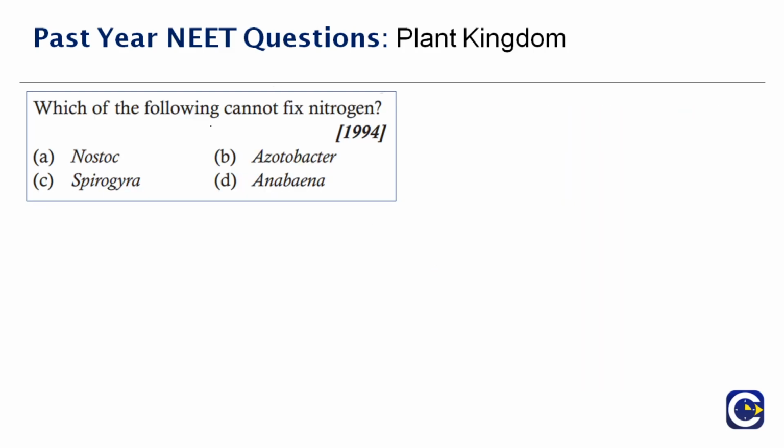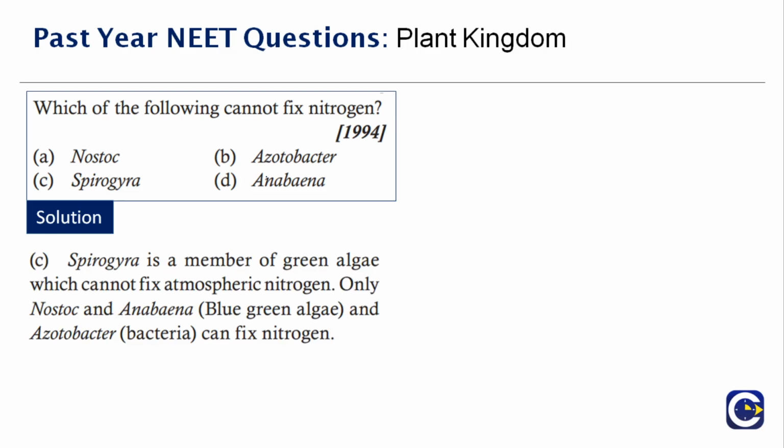Look at this question here. Which of the following cannot fix nitrogen? Okay, very easy question because the options are very clear here. Here if you see, you have to identify the algae, because algae cannot fix nitrogen while a bacteria can fix nitrogen. So out of the 4 options given here, you need to identify which one belongs to algae. The correct answer is